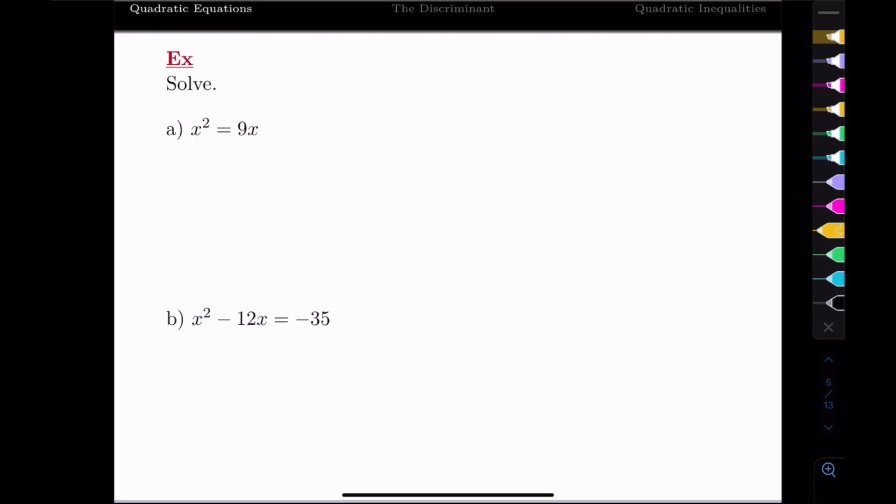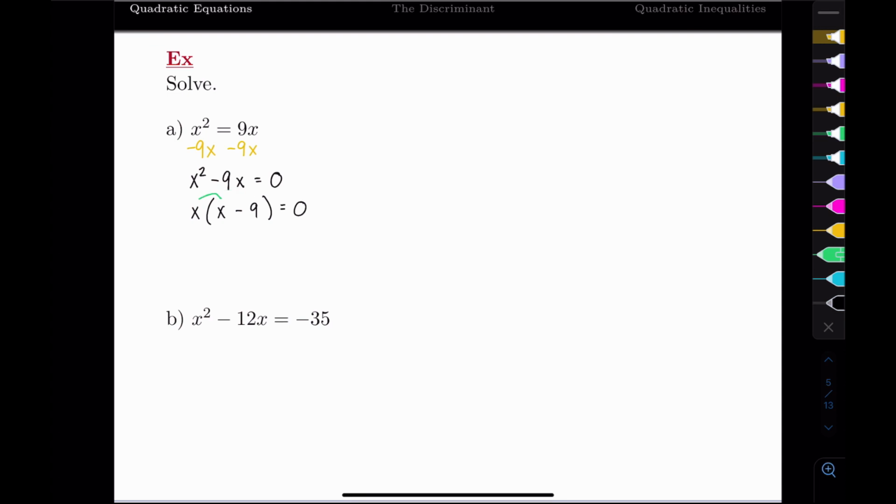So for here, I want to move everything to one side. So I'm going to go ahead and subtract this 9x over. And that leaves us with x squared minus 9x equals 0. And now from here, I want to factor, and thankfully I only have 2 terms. Both of them have an x. So I'm going to go ahead and factor the x out. And what that leaves us with at the first piece is x, and from the second piece, a minus 9. Okay? Because if we go ahead and we distribute that back, you would see we get x squared minus 9x